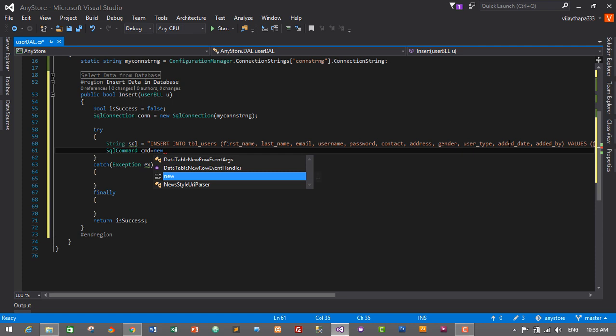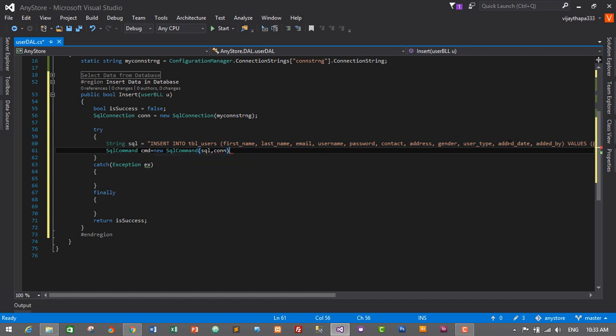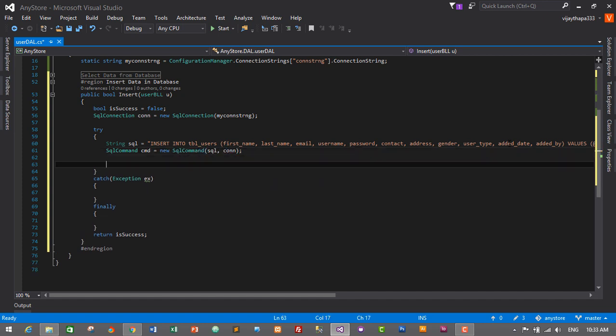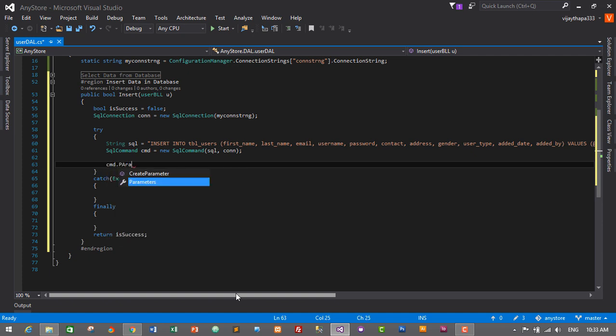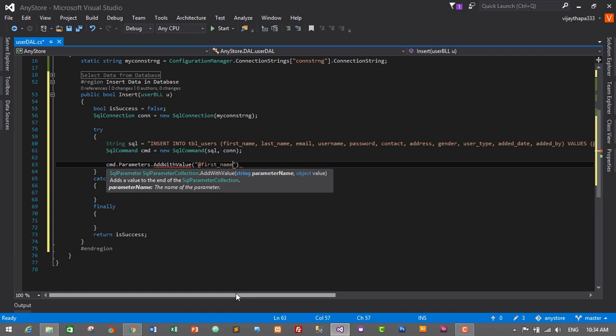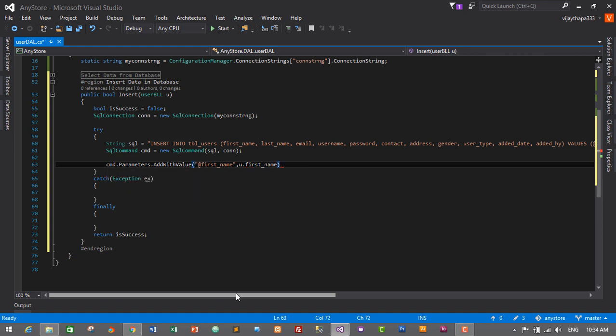SQL command using SQL and con. Next we will add parameters which will contain values, and we will pass that value inside each one of these. So for this we will type cmd.Parameters.AddWithValue, then @first_name, u.first_name. So here the value inside u.first_name will be